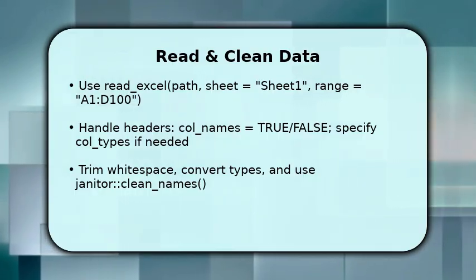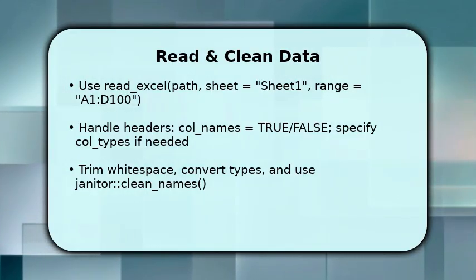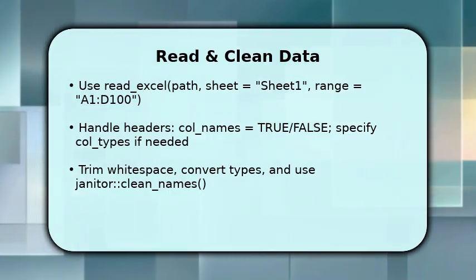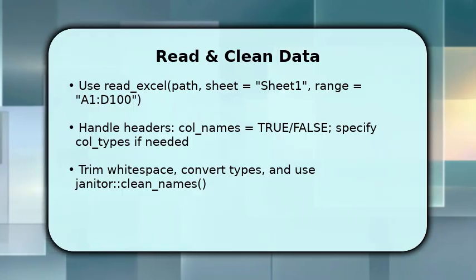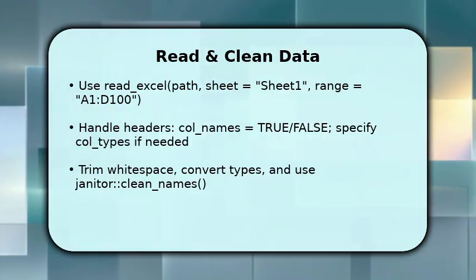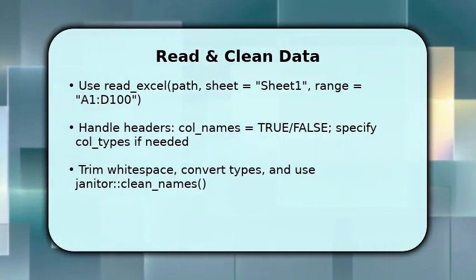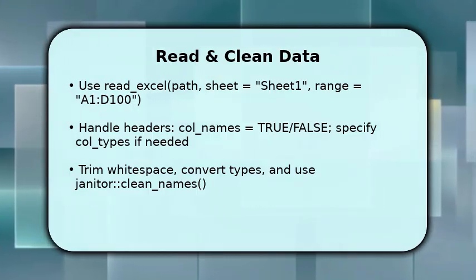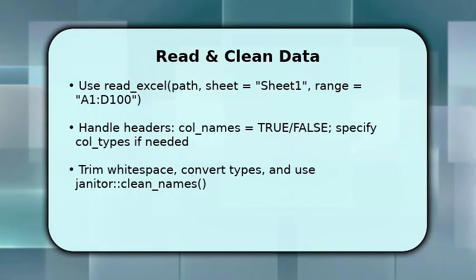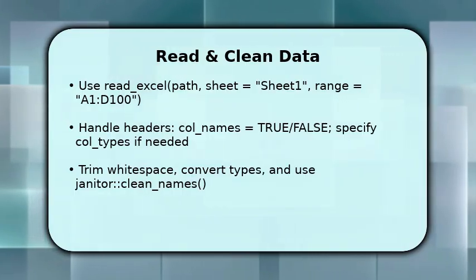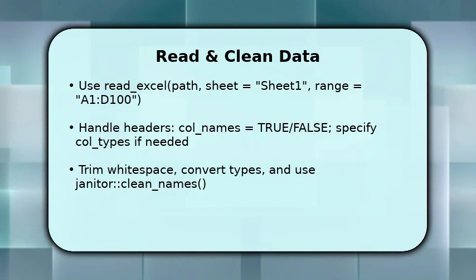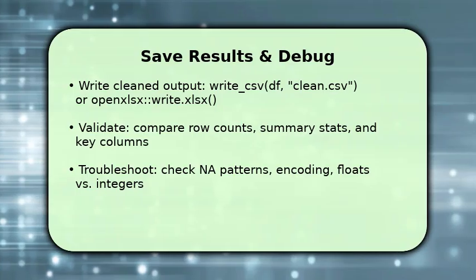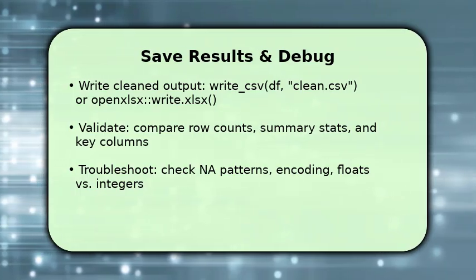Use col_names to control header interpretation and col_types to enforce numeric or date columns. This avoids later surprises. After import, run glimpse to check types, then clean names with janitor::clean_names for consistent column references. You should also trim whitespace, parse dates with lubridate when necessary, and pipeline transformations with dplyr to keep code readable and reproducible. Finally, save the cleaned dataset to a durable format like CSV or XLSX so you can